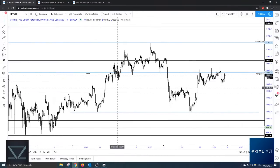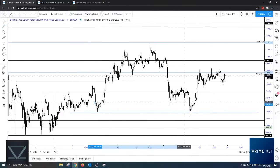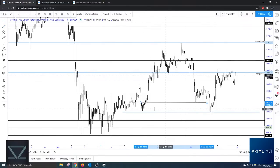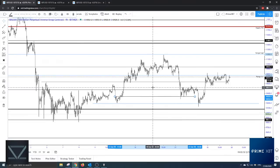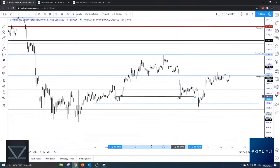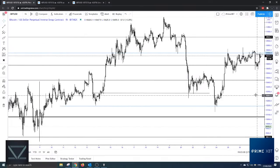Before that, I said I took some off here. They hit that major target and tried to find support. It was going to be a major support level anyway. Why? Because unless they nuke through it, it was going to be a main support level because of the consolidation here. It held quite well, so I closed the majority of it at 10.3. It then bounced, and then my second setup to get in was